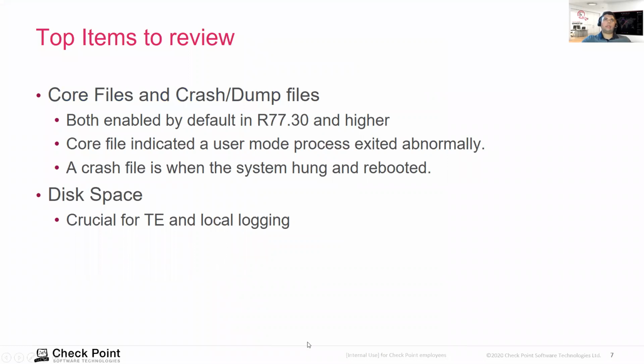Both of those are logged to the report out. And what they mean, first off, both of those are enabled by default in 7730 and higher versions through the core dump utility. It's just a clish command to check it. It's literally core dump. So the core files would indicate a user mode process that crashed, and a crash file